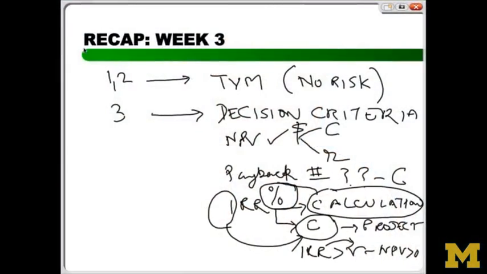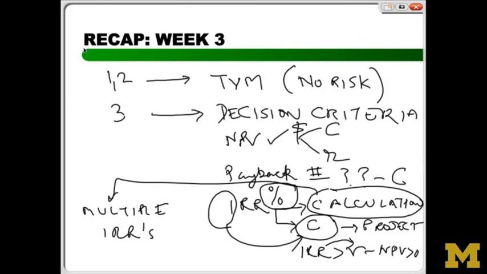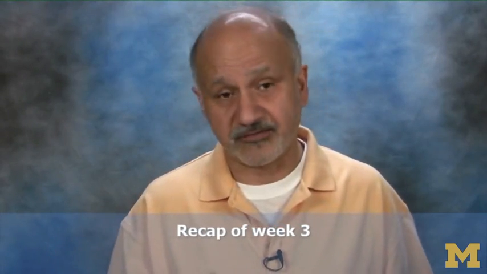We saw one issue with IRR, which was a calculation issue. Remember, we focused on calculations. And the calculation issue we saw is that you could have multiple IRRs. I don't want to talk about this too much because this is more a mechanical thing. So for example, the last example we saw, if cash flows change sign more than once, and in our example they changed sign twice, I believe they went negative, positive, negative, you could have two IRRs, but up to 2. You could have 0 or you could have 1, but up to 2. And we saw in our example there were 2 IRRs, and that kind of creates another layer of unnecessary complexity